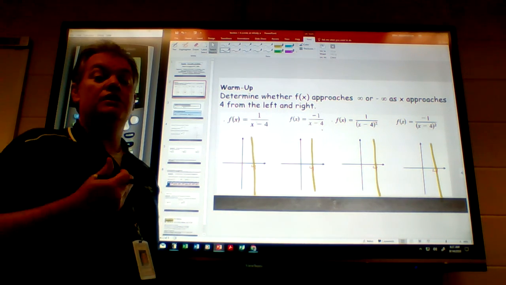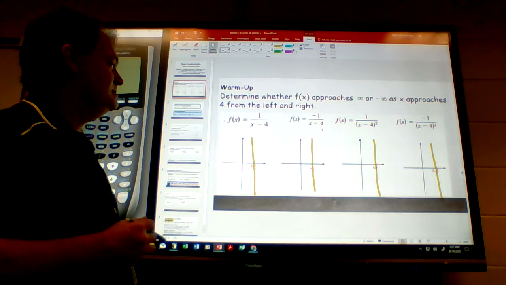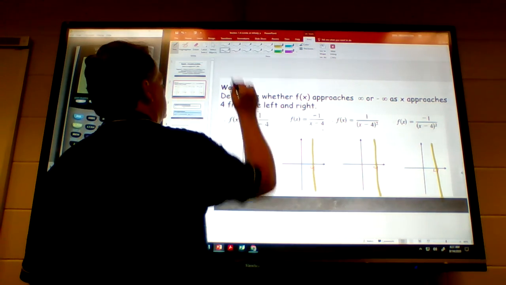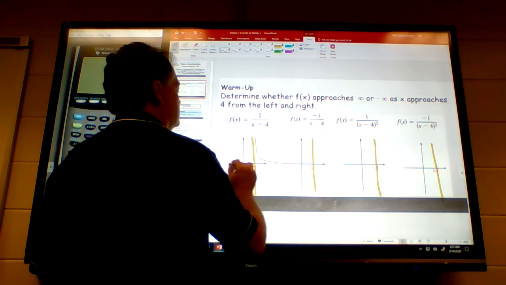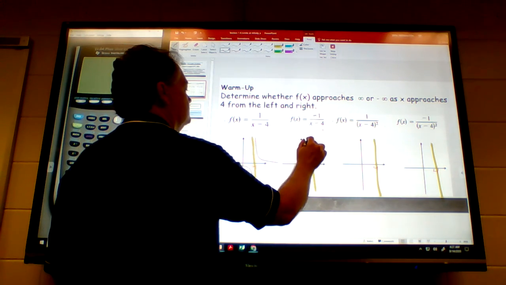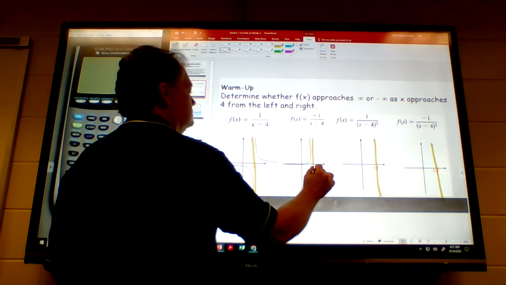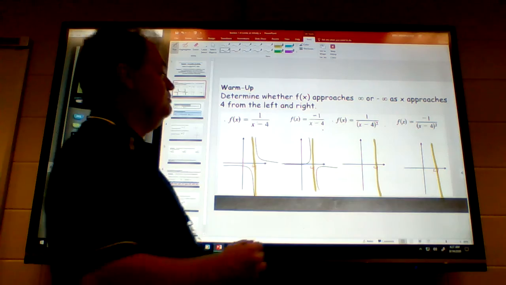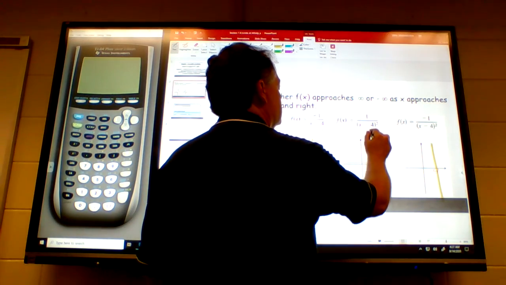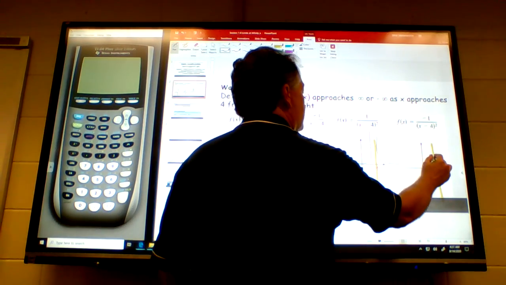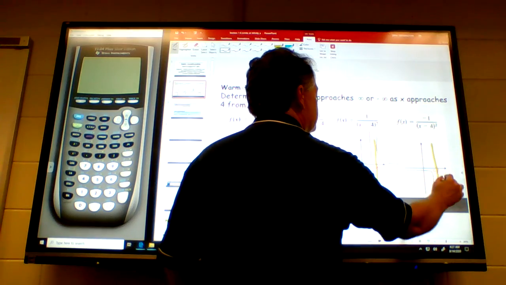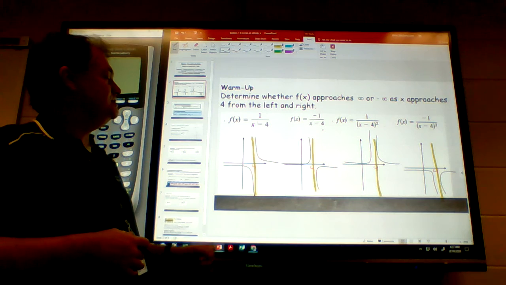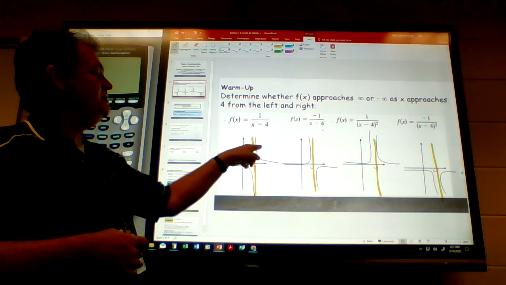You can practice it on your own with your own graphing calculators. The curve should look something like this. Now, mind you, these aren't the best, but you get the idea of how they work. And then I'll talk about it as we go through it. Okay. Now, 1 over x minus 4 looks like something like this, with both curves being in the first and